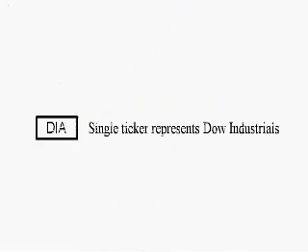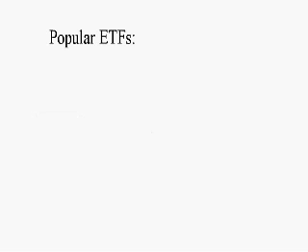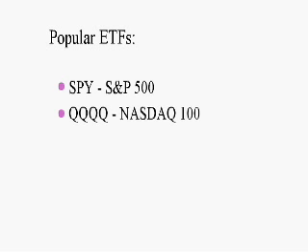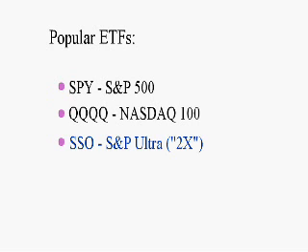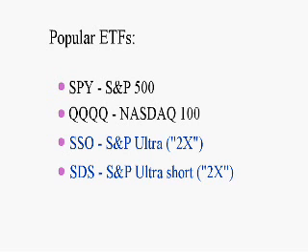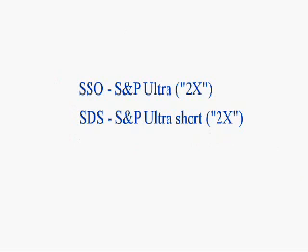What that means is a group of stocks, or a basket of stocks, is represented by a single ticker symbol that you can trade as a stock. For example, DIA represents the Dow Jones Industrials. Some of the popular ETFs are SPY, which represents the S&P 500, and QQQQ, which represents the top NASDAQ 100 stocks. And in this demo, what we're most interested in is SSO and SDS, each of which represents the S&P 500 in